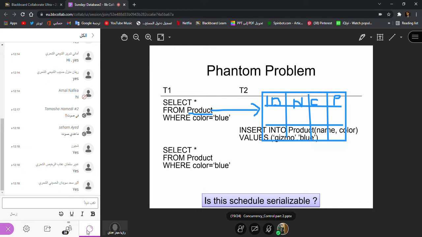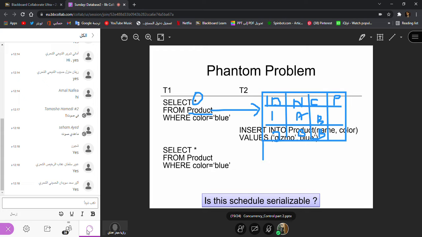Select all means that select all these columns: ID, name, color, price. But you have to select only those rows. For example, I have here 2 rows. You can have many. Names are A and B, and the color blue, so blue and blue, both are blue, and whatever the price is.